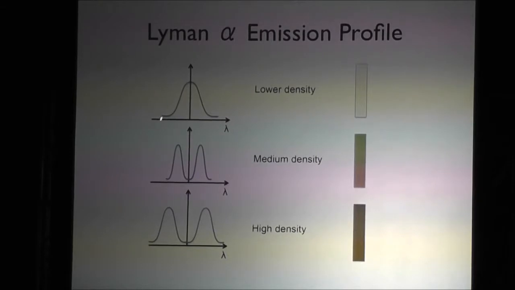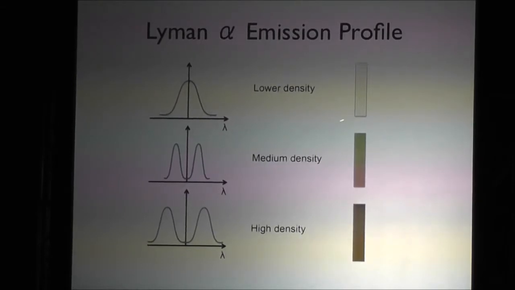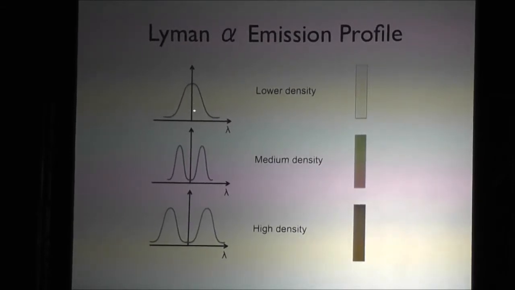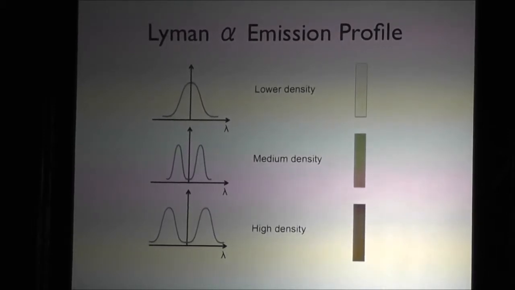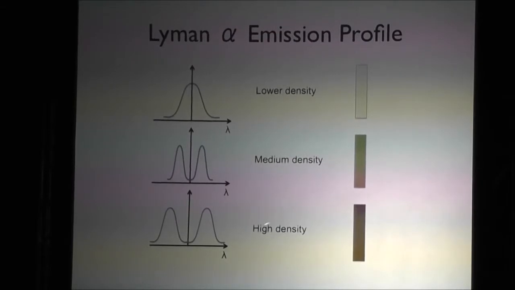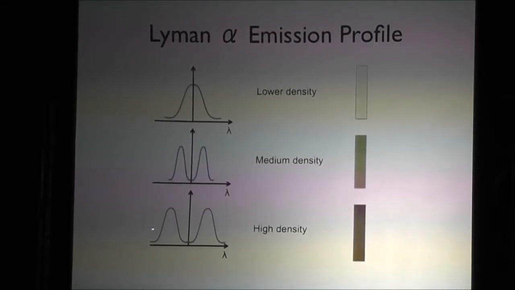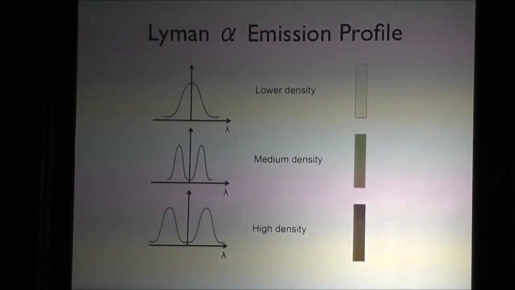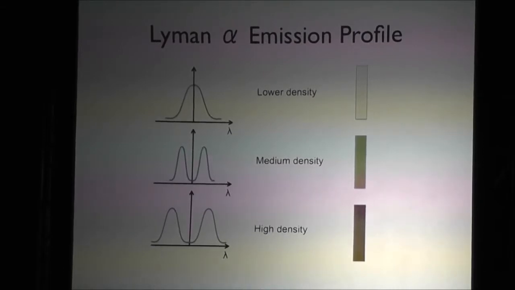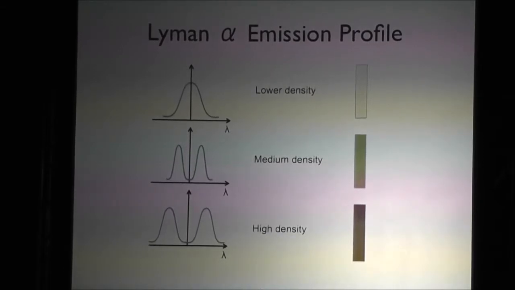First of all, when Lyman alpha is produced by the cosmic web in emission, it actually produces a funny profile. At low density, you get a single line, but at high density, you get a double line. And I can explain that to you in questions later. But that double line profile is predicted and very characteristic of cosmic web emission